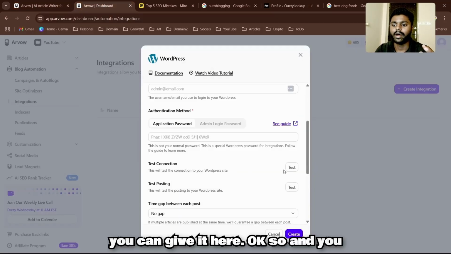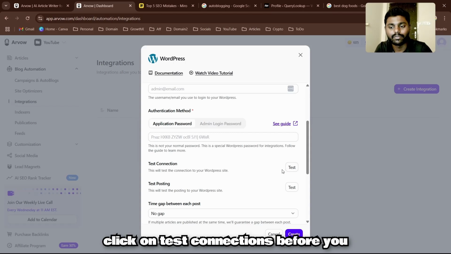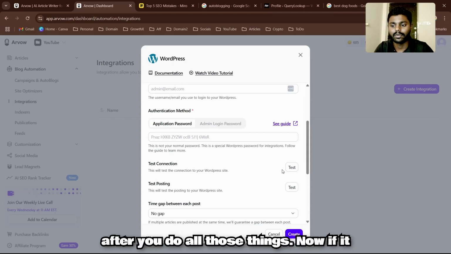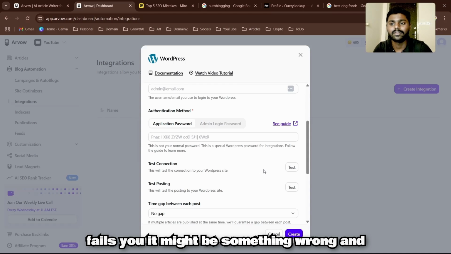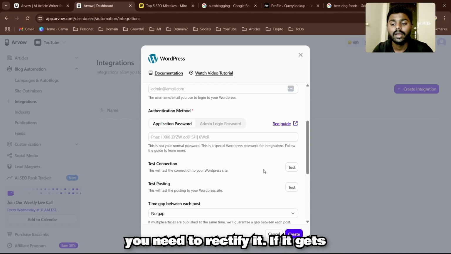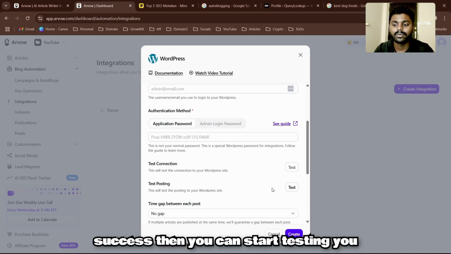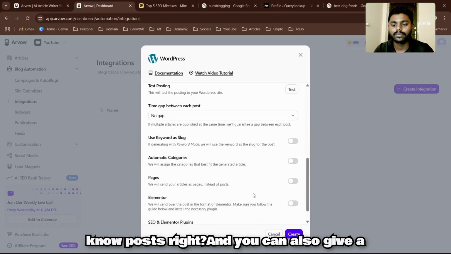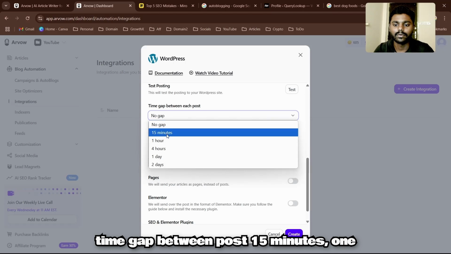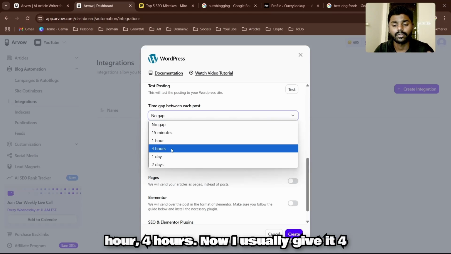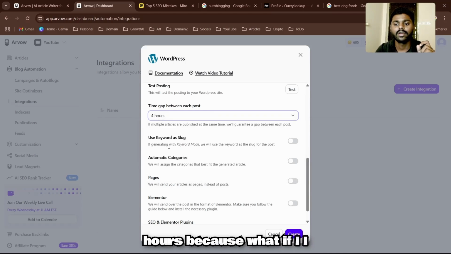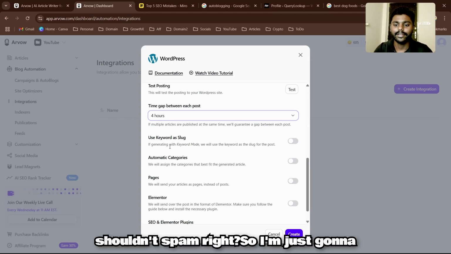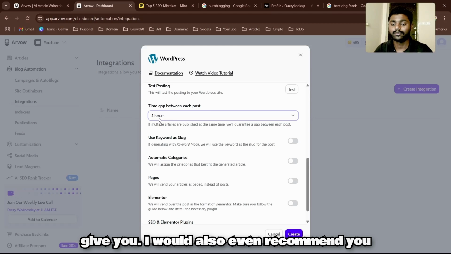Okay, and you click on test connection after you do all those things. Now if it fails, there might be something wrong and you need to rectify it. If it succeeds, then you can start testing posts, right? And you can also give the time gap between posts: 15 minutes, 1 hour, 4 hours. Now I usually give it 4 hours because I shouldn't spam, right? I would even recommend 4 hours to you,